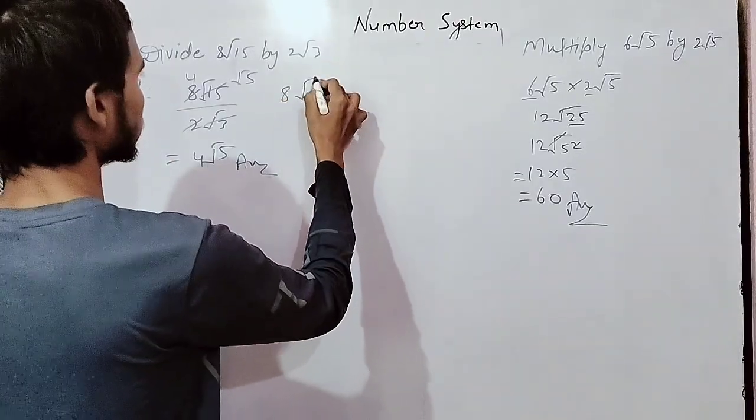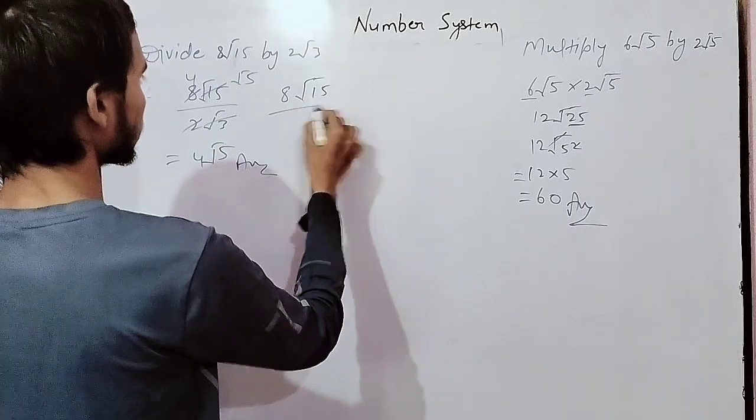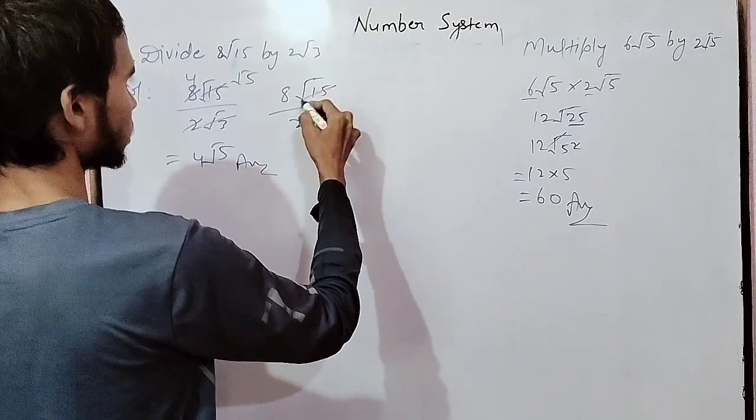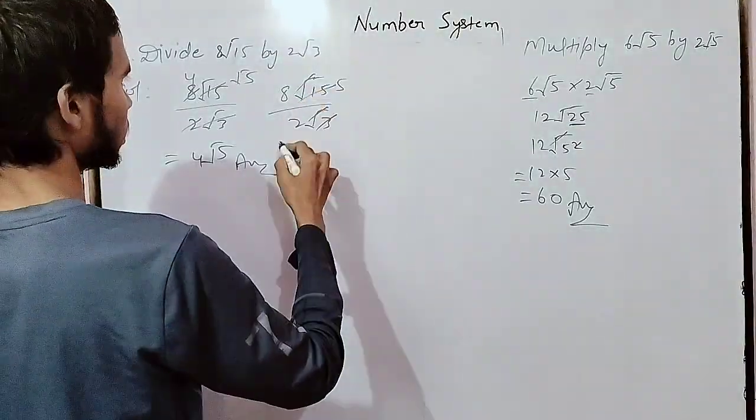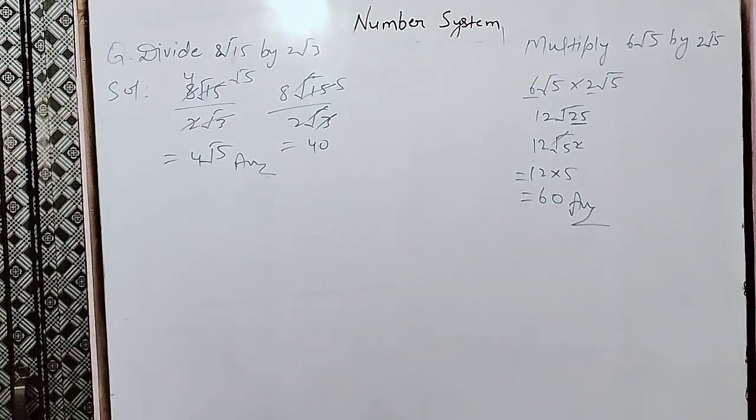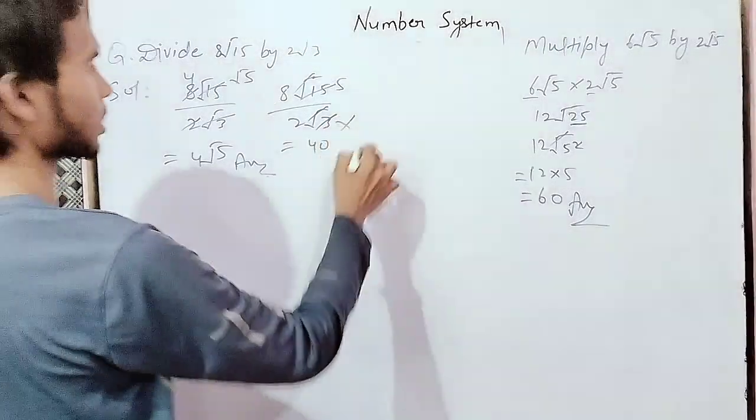Otherwise you can see here. Okay, like that. So 3 5s are 15. Which one is correct? So this is incorrect and